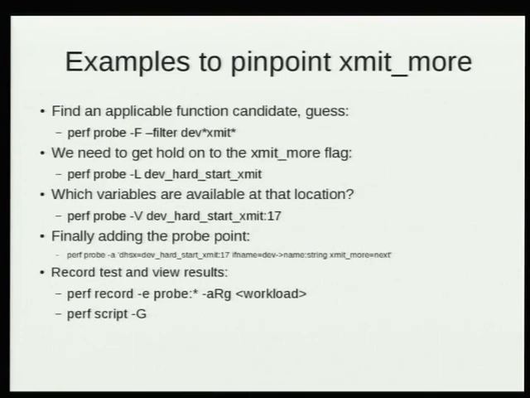The probe point is inserted at line 17. I add another argument to the perf script via name equals. So this is just a name I want to have and process later on. And I say that I want to copy the name of the device, which is a string. So this is a type modifier, and it just assumes that wherever name points to is a string which